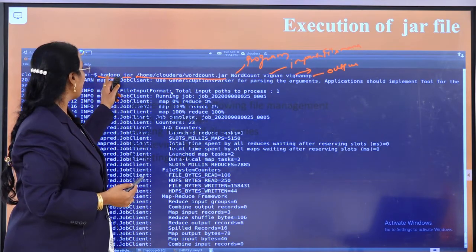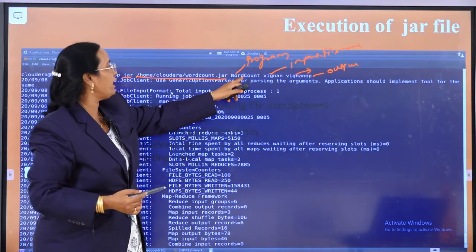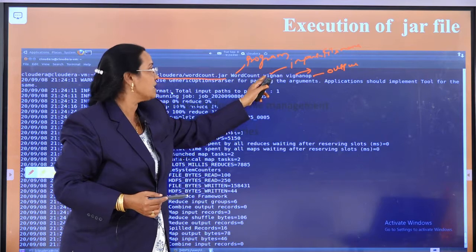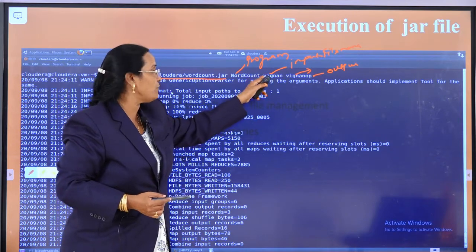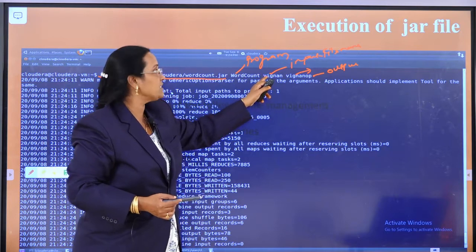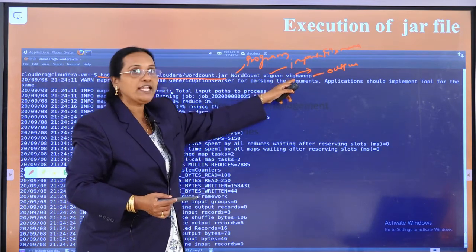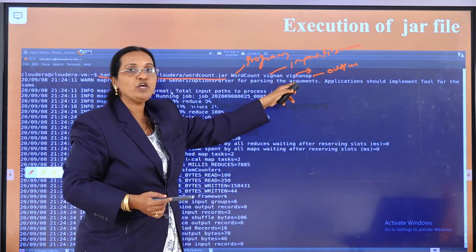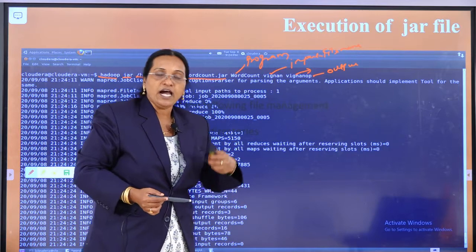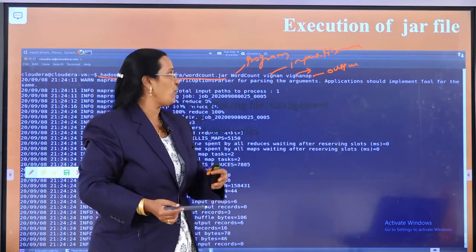So I repeat it once again: Hadoop jar, my jar file name, my program file name, input file. This is the file I want to do the analysis on, and I am assuming this input file is available in the HDFS. After performing the analysis, the output is going to be stored in the folder called Vignan OP, and in the Vignan OP you are going to see how many times the words have been repeated. "The" is there for how many times, "Hadoop" is there for how many times, likewise.